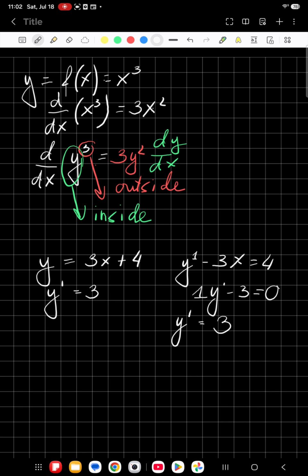So I could treat any function the same way. I could solve it for y and then take a derivative, but sometimes it's impossible to solve for y. And in some cases, even though I would solve for y, the formula I would get for slope just wouldn't work for certain numbers,